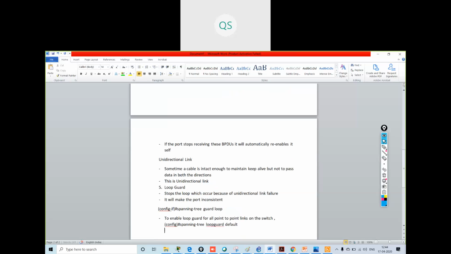Now, loop guard will automatically re-enable the port if it starts receiving BPDU.